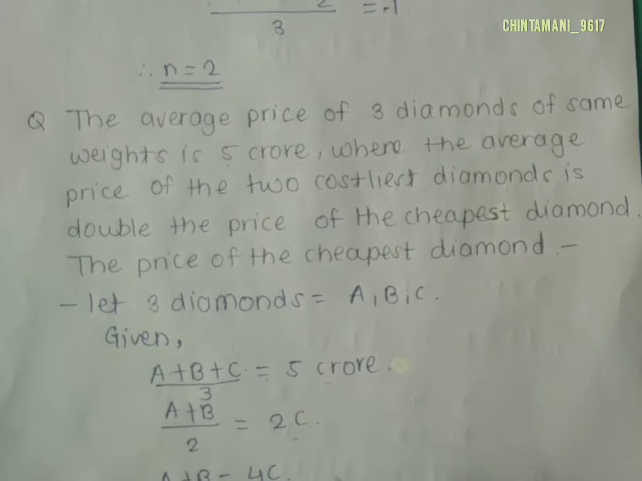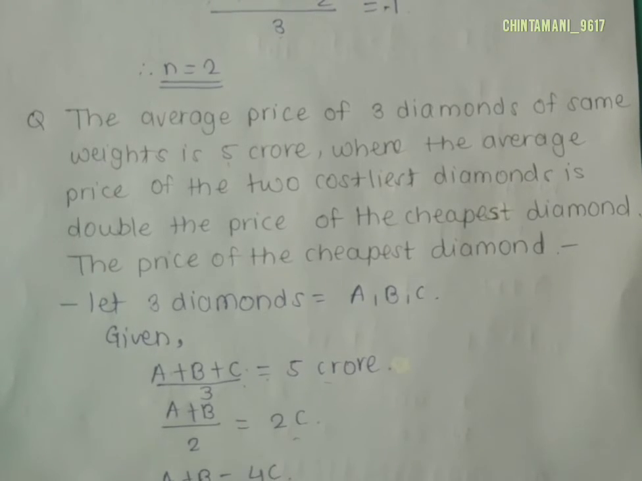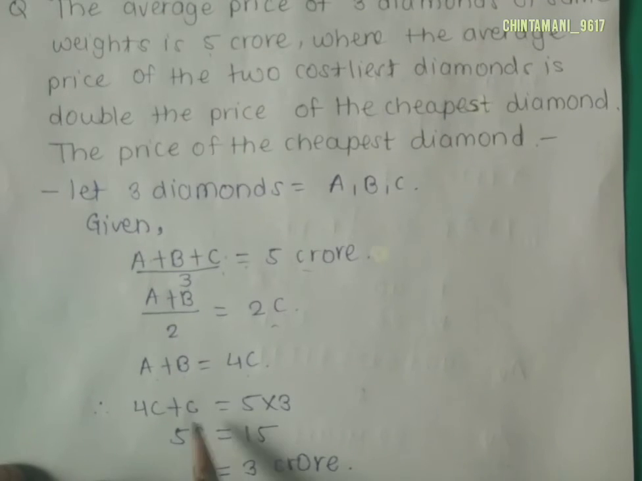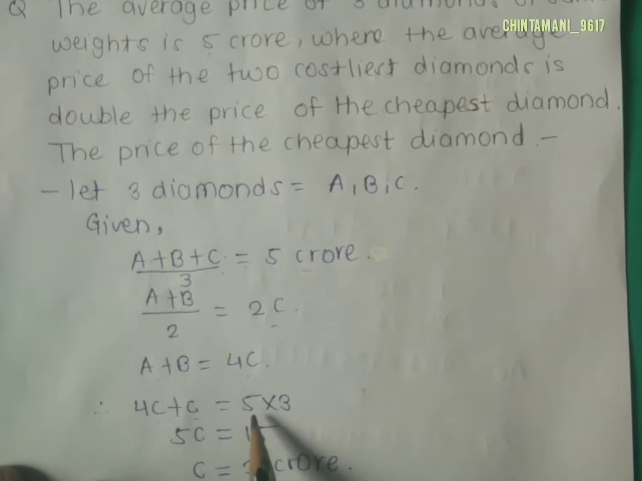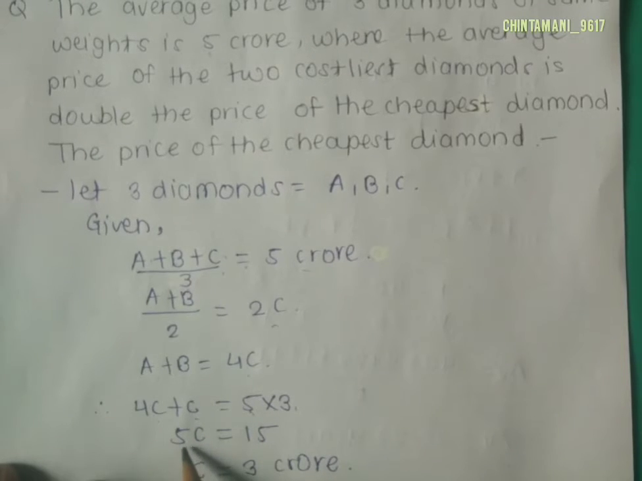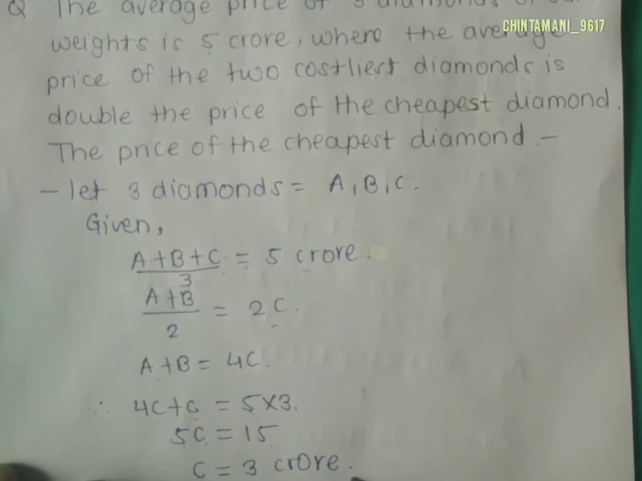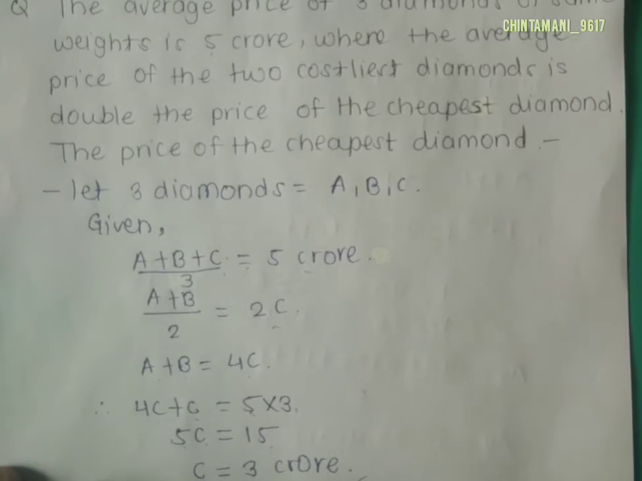So substituting the value A plus B is equal to 4C in the first equation, we get 4C plus C is equal to 5 into 3, that is 5 crore into 3. So what is it? 5C is equal to 15 and C is equal to 3. That means the price of the cheapest diamond is 3 crore. So moving forward,